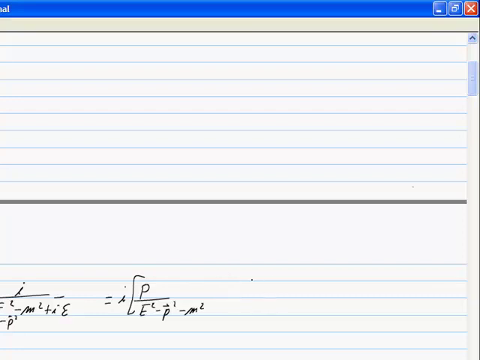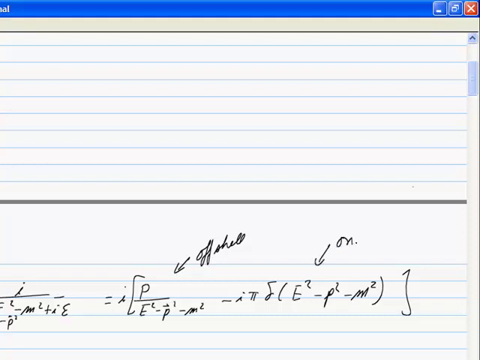And it's minus I pi delta function e squared minus p squared minus m squared. So there's two pieces here. One piece you might think of as off shell. In other words, when you do the principal value, you deliberately cut out the region where that goes to 0. And this is the piece that's on shell,